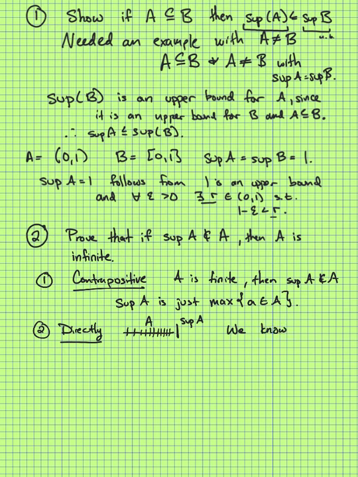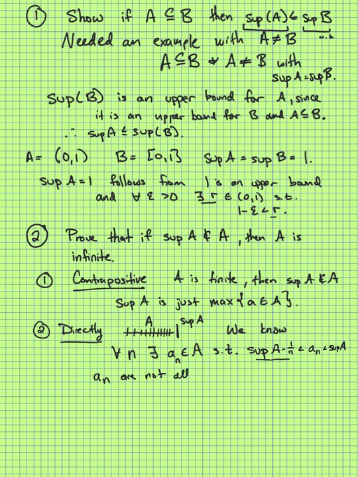So we know, say, for every n, there exists an A in the set, or maybe I'll call this an A sub n, so that sup A minus 1 over n is strictly less than A sub n, which is strictly less than the supremum of A. Okay, so since we can find the supremum, we can find these elements that are getting closer and closer to the supremum, okay? And the A sub n